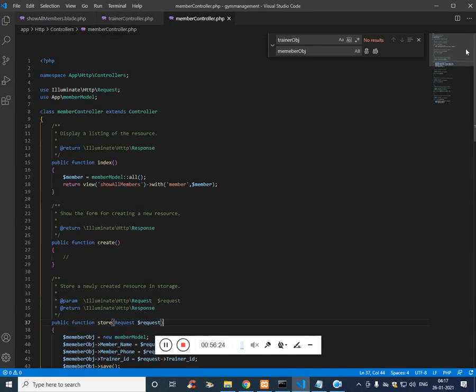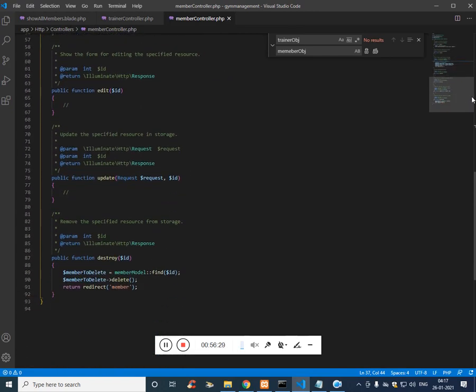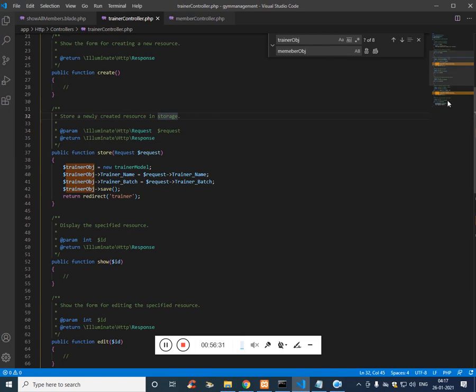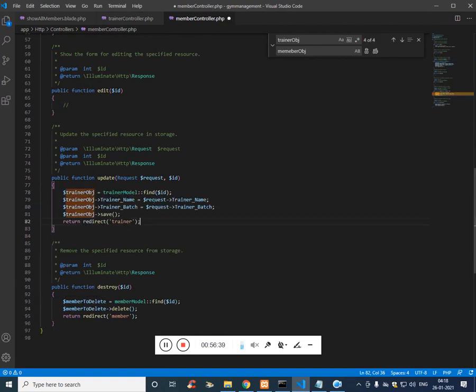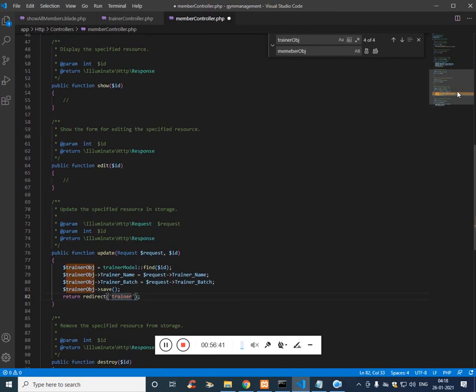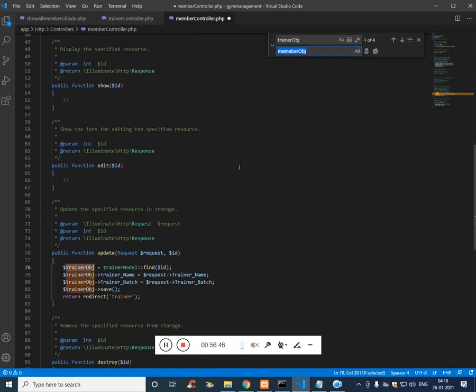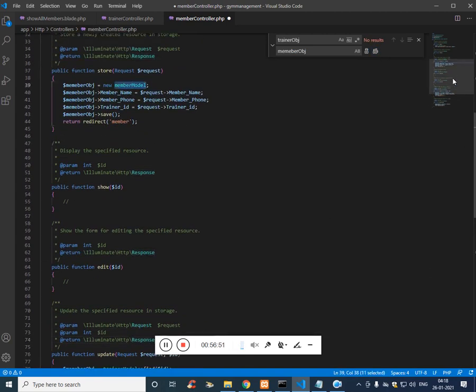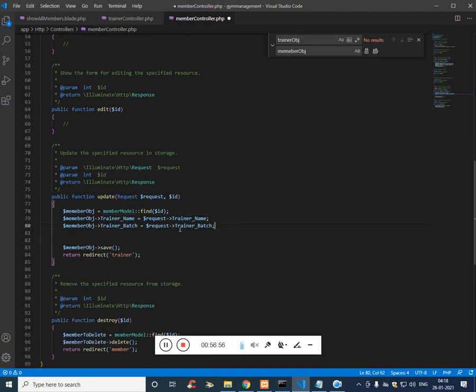Now the same way you need to get into the edit or the update. This is the same as for the inserting, we just need to add the ID. This is the member object, and the model, and we are getting here 3 values.